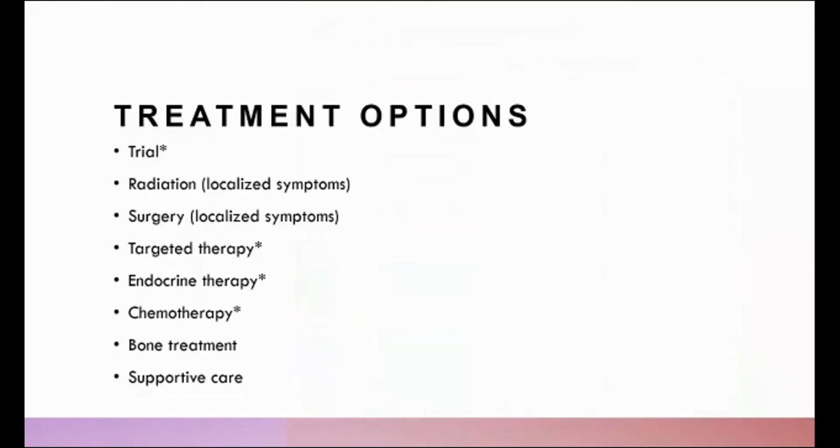So the treatment options, I'm not going to be able to talk about treatment options as a whole. I'm just going to give you an overview. So trials are one option. Radiation, obviously, we use this in specific targeted areas where you might be experiencing pain or other symptoms. Surgery can be an option for some patients, particularly if you've got lung disease that you might have to have a pleural drain or something put in. Targeted therapy,